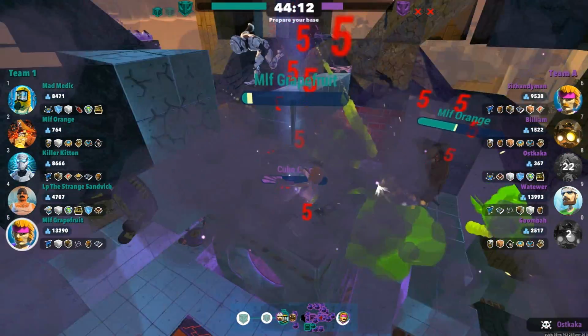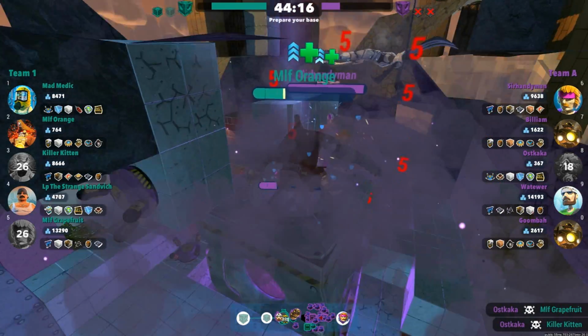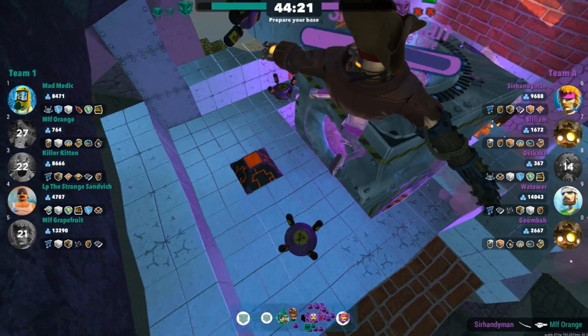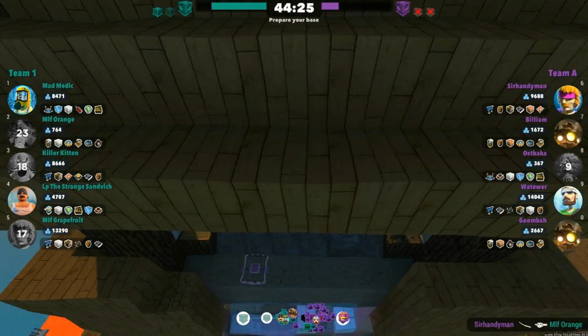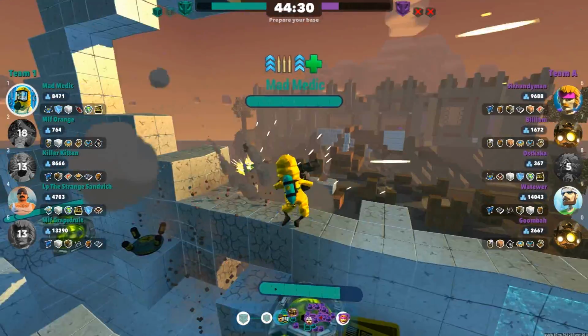But two of them, Grapefruit and Orange, are both in here. Grapefruit dies. Orange is just on top. He's just trying to deal as much, but gets taken down as well. Cube is only on about a fifth health remaining. This would probably be done by the 50-minute mark at a guess, but it could easily still drag out longer